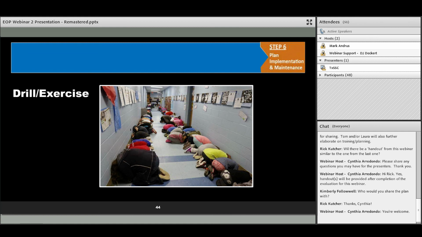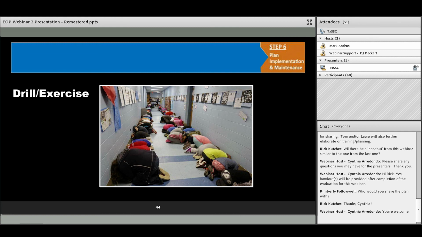Some of the less intricate levels are tabletop exercises, where you can propose scenarios to your staff, students, and other specific functions within the school to evaluate what you would do in a certain situation. It really helps you to learn more about what your procedures are and what kinds of things you may have not planned for. In addition to tabletop exercises, then it might move into a functional exercise.